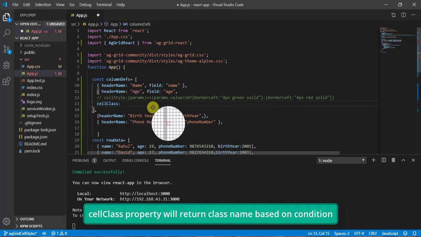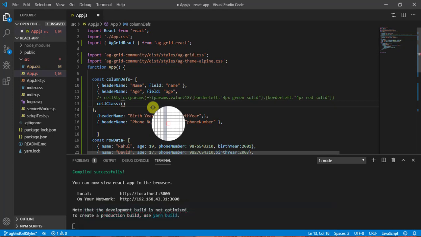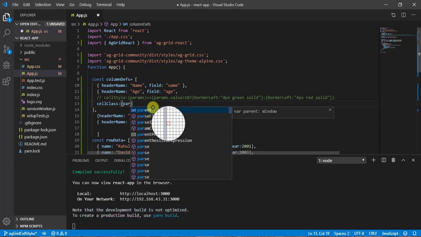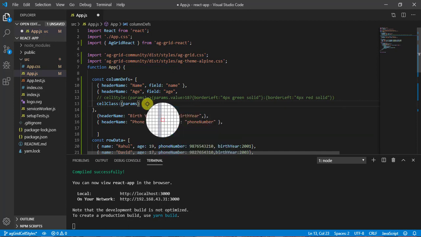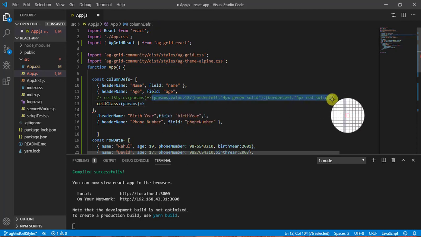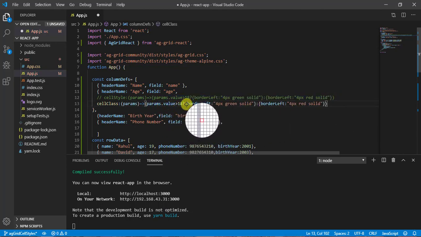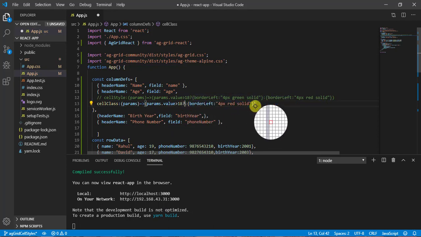So this cellClass is also going to take a callback function, and the callback function is going to take a parameter. So let's call it params, and here we will get the same. So we can copy this condition whatever we were having here and paste it here. But instead of returning a style, what are we going to return? A class name. So let's call it more-than, and here return less-than for the other case.